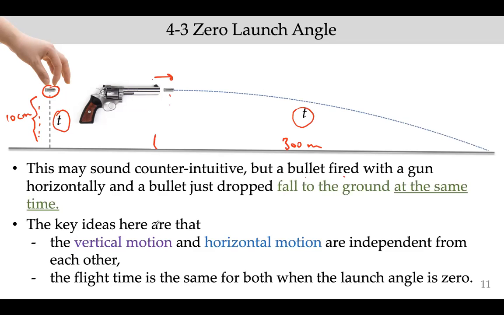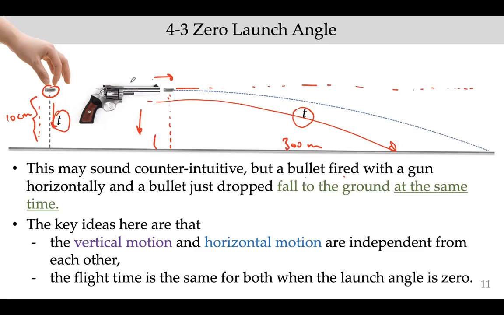The key ideas here are that the vertical motion in Y, so this falls down and this goes this way, but it has a component, if you think about it, it has a motion in X and it has a motion in Y. So the vertical motion and the horizontal motion are independent of each other. And the other key idea here is the flight time is the same for both when the launch angle is